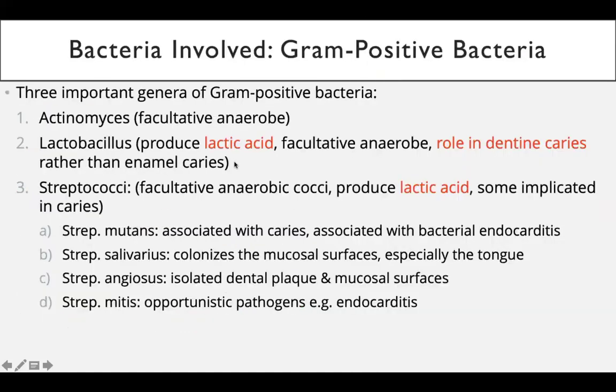So as we know, this is a chronic infective disease, caused by bacteria. So we must know some important bacteria, gram-positive and gram-negative. What are the important bacteria causing periodontal disease, or disease of the periodontium? Three important genera of gram-positive bacteria: ALS,